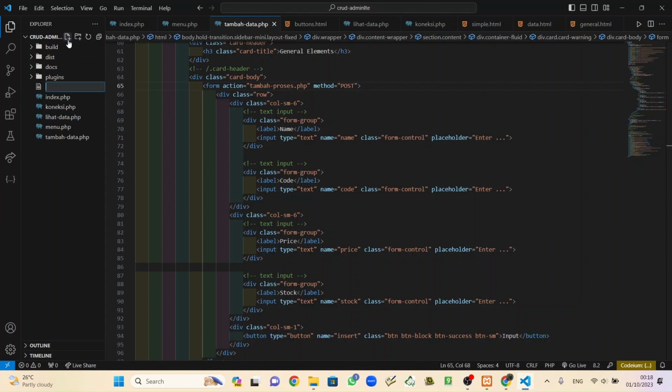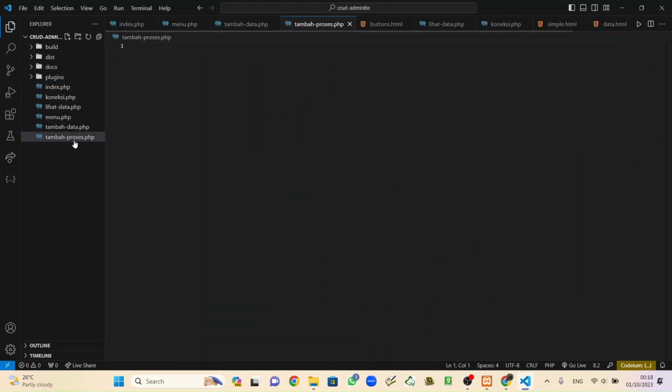Make a new file, tambah proses dot php. Okay, so what is inside tambah proses?